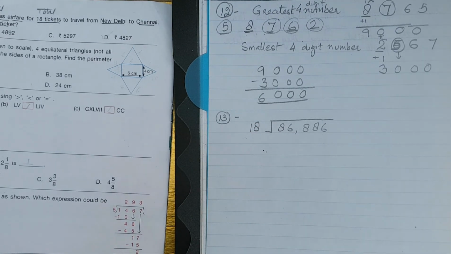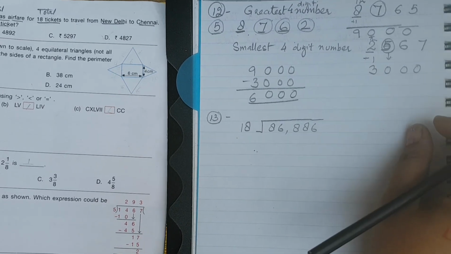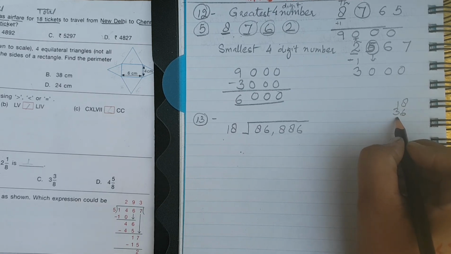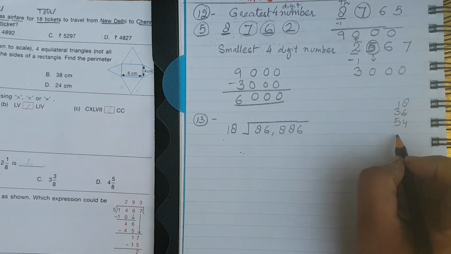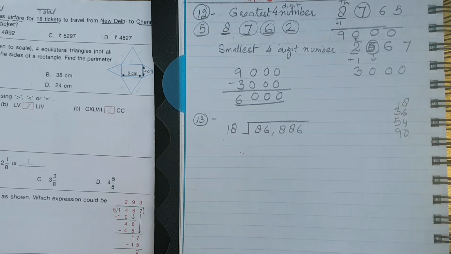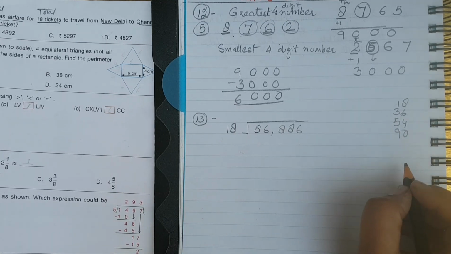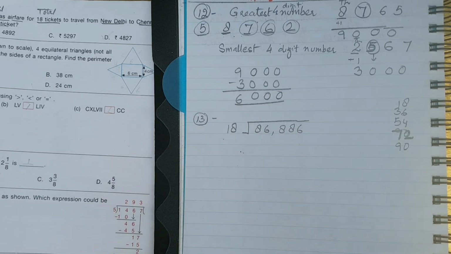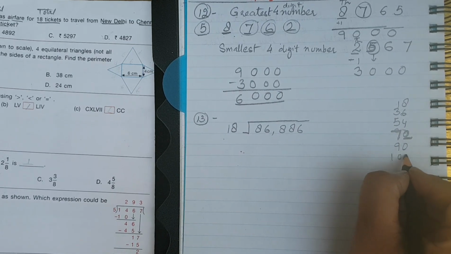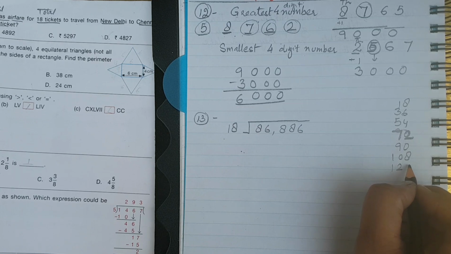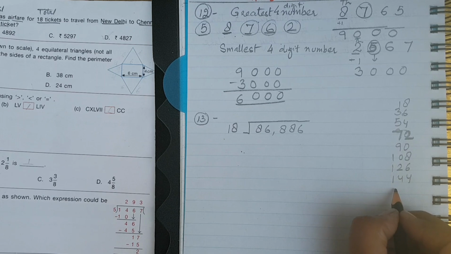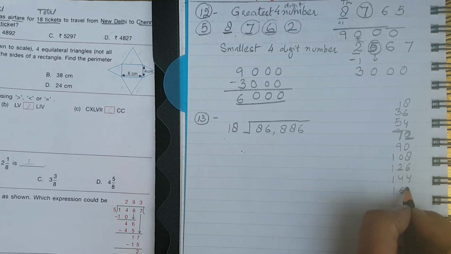So let's write the table of 18. 18 ones are 18, 18 twos are 36, 18 threes are 54, 18 fours are 72, 18 fives are 90, 18 sixes are 108, 18 sevens are 126, 18 eights are 144, 18 nines are 162, 18